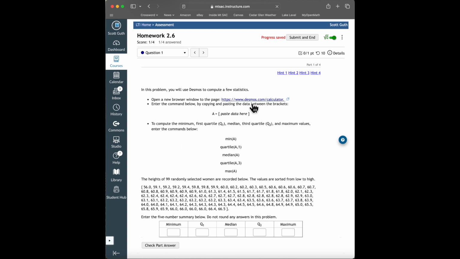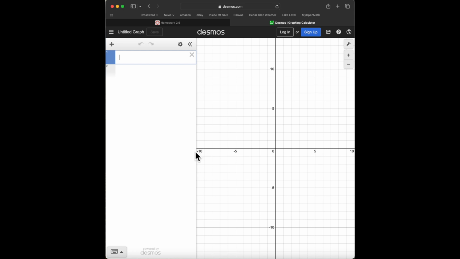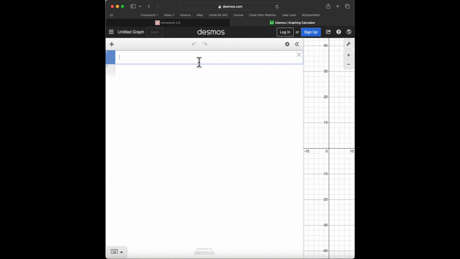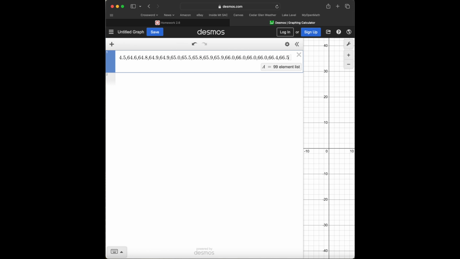We know that there's a link here to open up Desmos, and I'm going to need to paste these values in here. So I've copied them, using Command-C or Control-C in Windows, and then I'll pop open the Desmos page. I don't need the graph, so I'll just move that, and we'll say A equals open bracket and then paste, Command V or Control V in Windows. Close the bracket if you want, press enter. So that's a 99 element list,